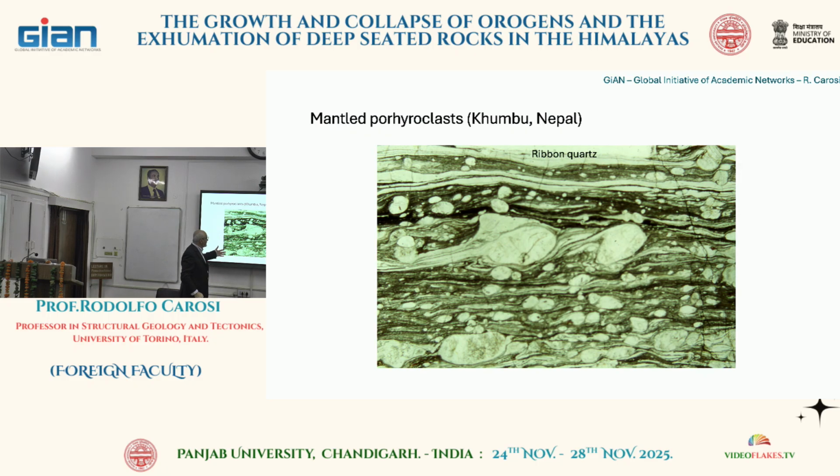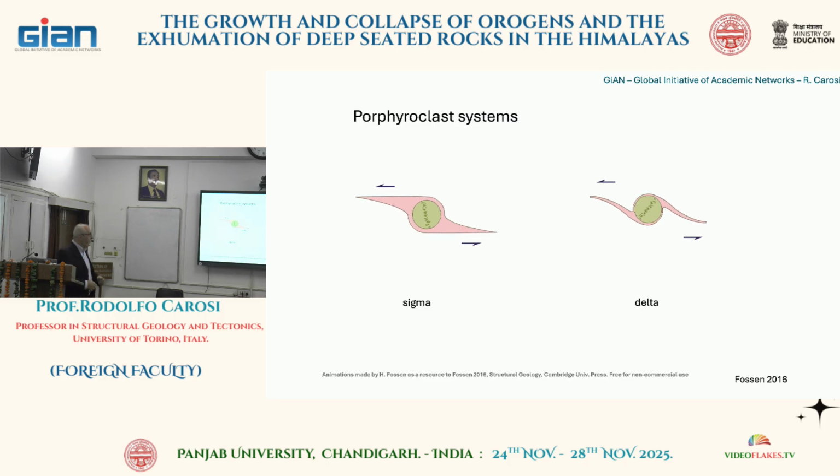The rock is gneiss with biotite and sillimanite. We are in the Higher Himalayan sequence, the metamorphic part of the Himalayas. Okay, so the sense of shear, what do you think? Dextral, okay, dextral sense of shear. Perfect. Here we can see some movies from Fossen explaining